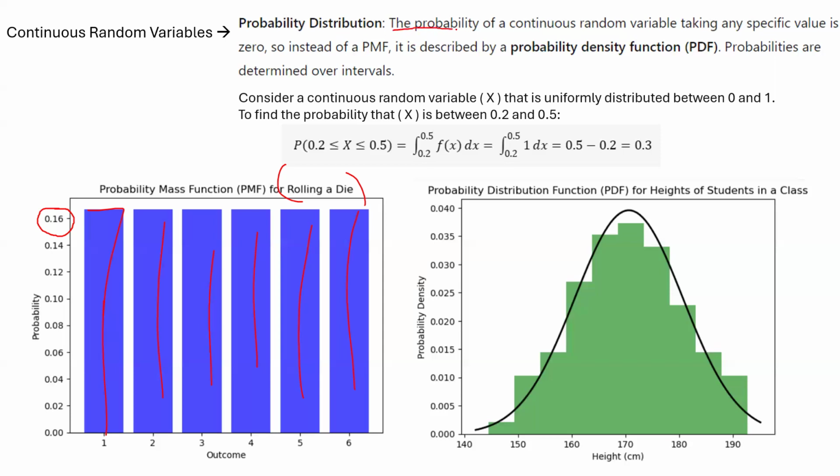The probability of a continuous random variable taking any specific value is zero, because as there are infinite possibilities, the probability of getting any value in a continuous random variable is always zero. So instead of a probability mass function, which calculates the probability of getting a specific value for a random variable,